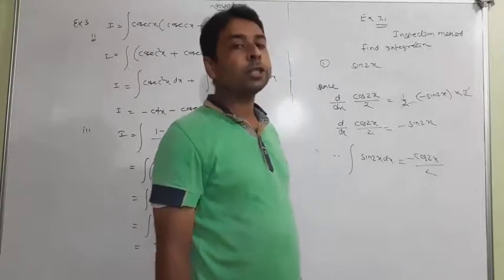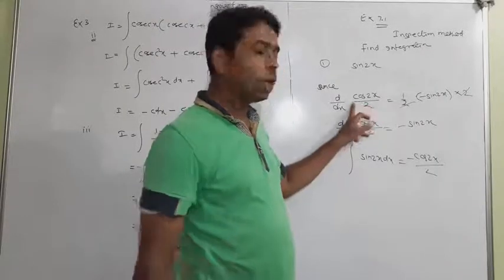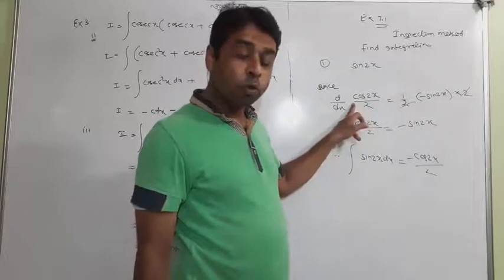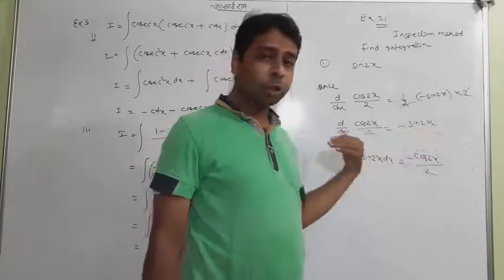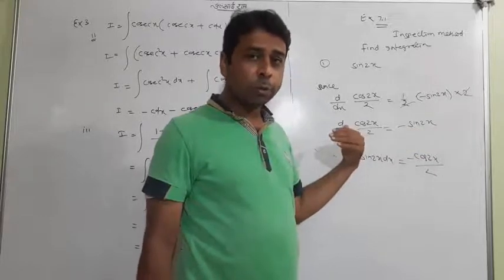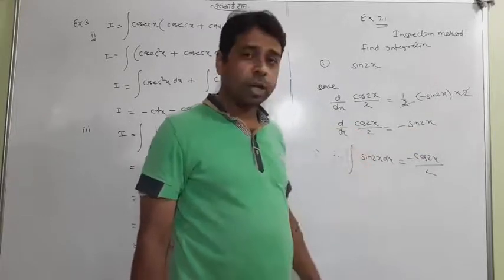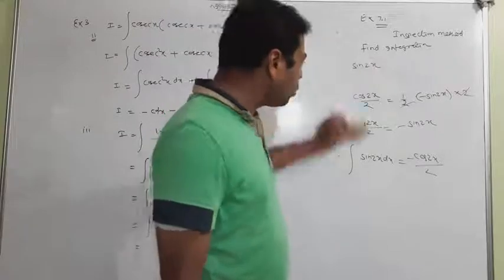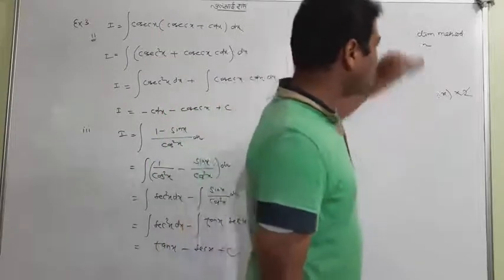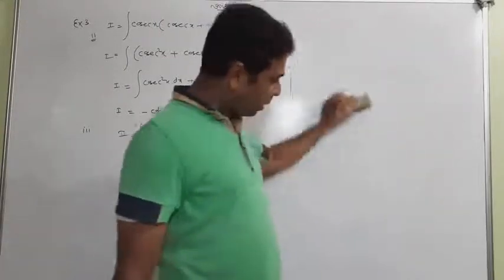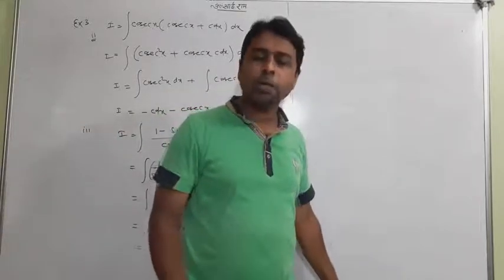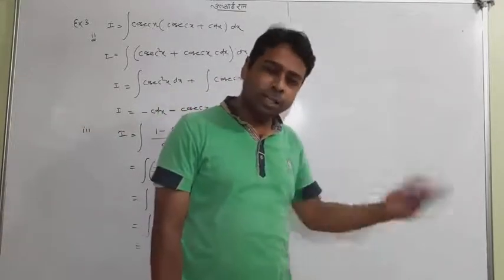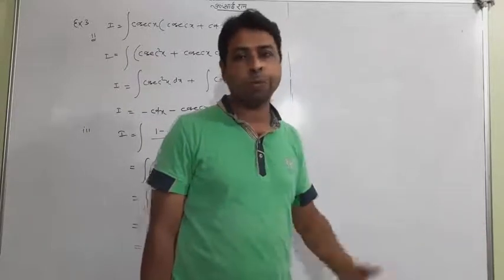So this is the inspection method. You have to first search for the function whose differentiation is the required given function. Integration is the opposite of differentiation, so you can get it easily. But I always want to ignore this method. This is just for understanding the concept of integration. The initial 5 questions are based on that, but I request you to do it by the so-called R method, whatever we have